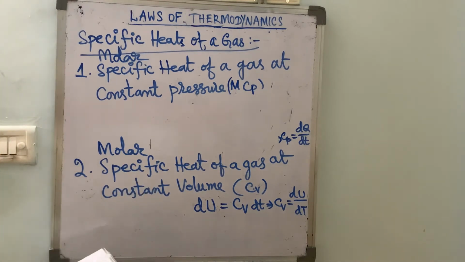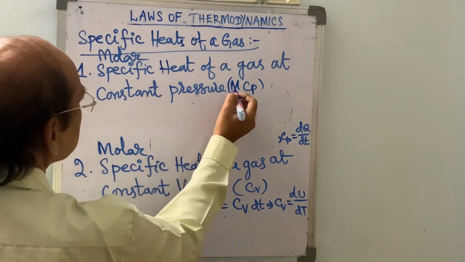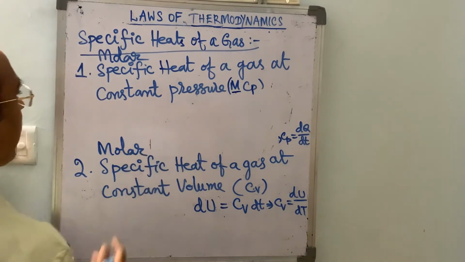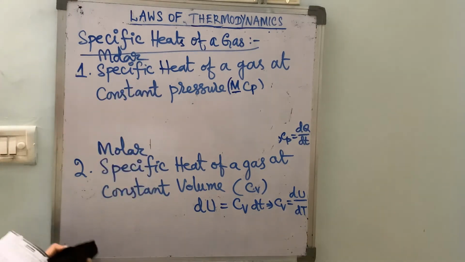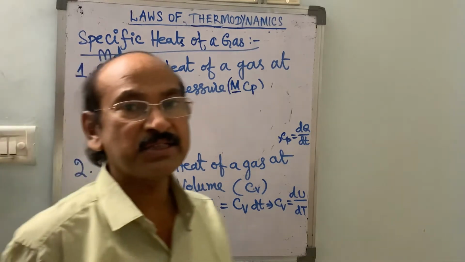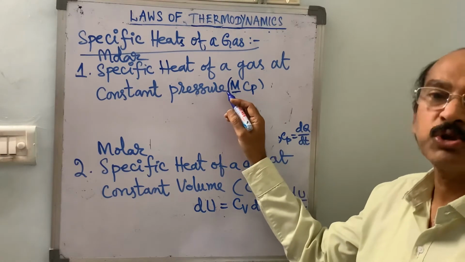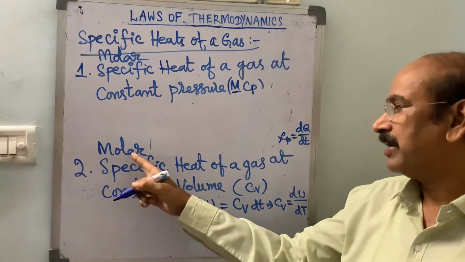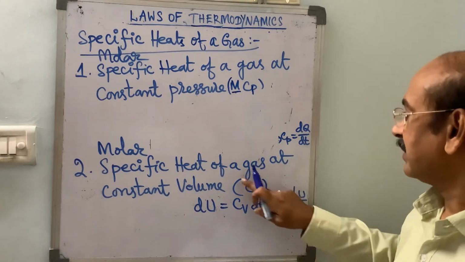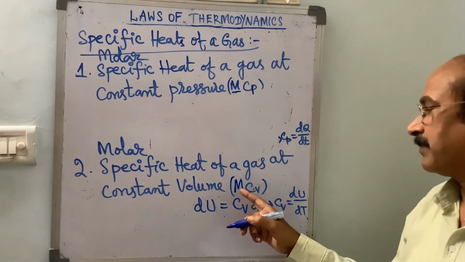If we consider 1 gram molecule of gas, then its molar weight is capital M. Therefore, specific heat into molar weight, here mCp. Molar specific heat of a gas at constant pressure is defined as the amount of heat energy required to raise the temperature of 1 gram molecule of gas through 1 degree Kelvin. Similarly, molar specific heat of a gas at constant volume is defined as the heat energy required to raise the